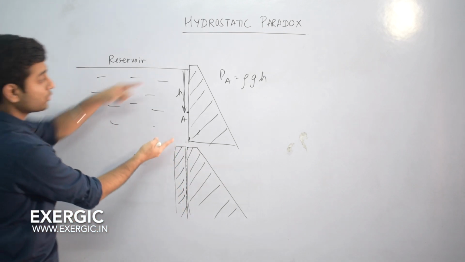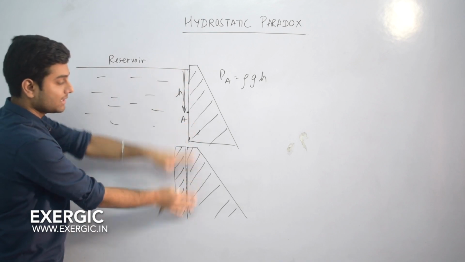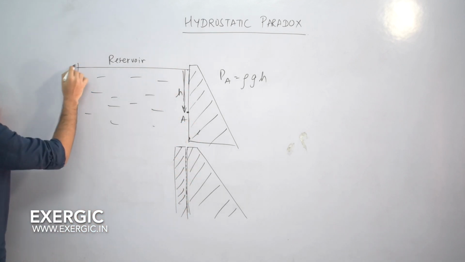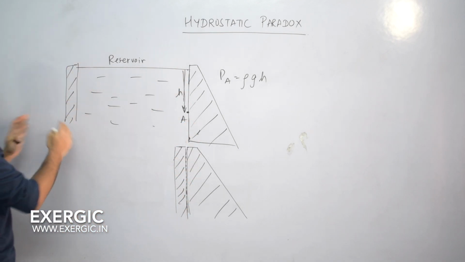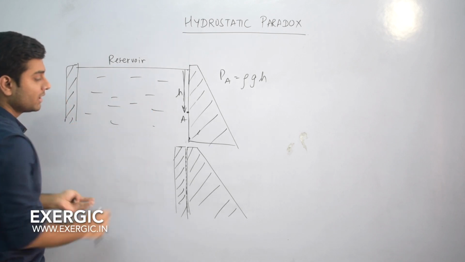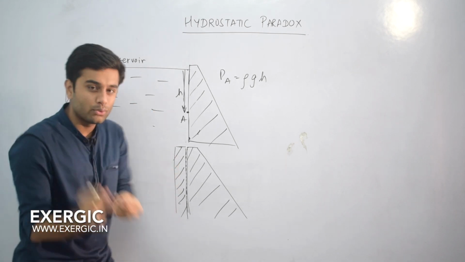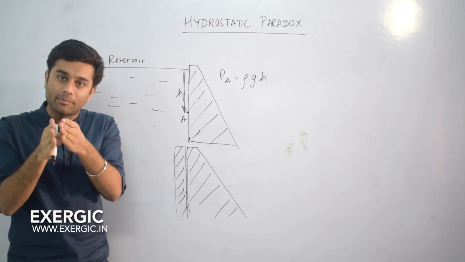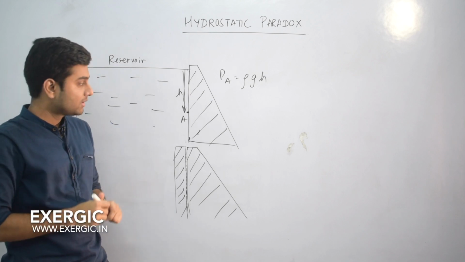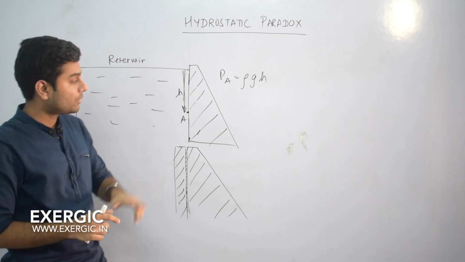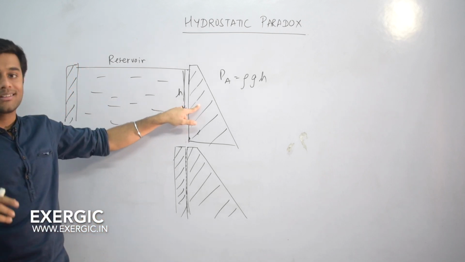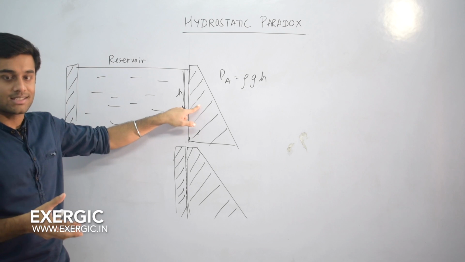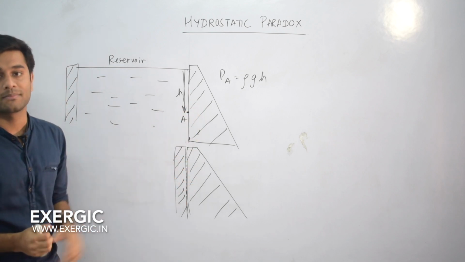Both of them have the same height, and the structure is exactly the same. In this case we had a lot of water, and in the other case we just have a few liters of water filled in a small gap between that. The chances of failure of this dam are exactly the same as the chances of failure of this dam, because